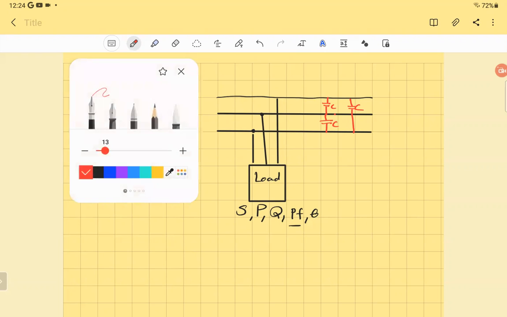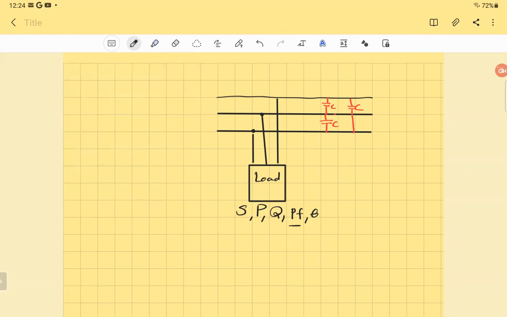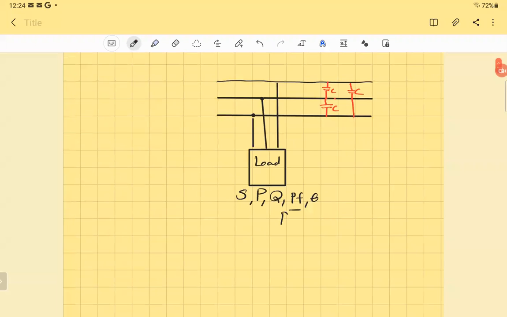So the question is, if we want to improve the power factor, let's call the old value power factor 1, and we'd like to improve it to power factor 2. And power factor 2 is better than PF1, which means that it's getting closer to 1. It means that the value of the power factor is getting bigger. It's a ratio, it's bigger. And theta is getting smaller. There is a formula,